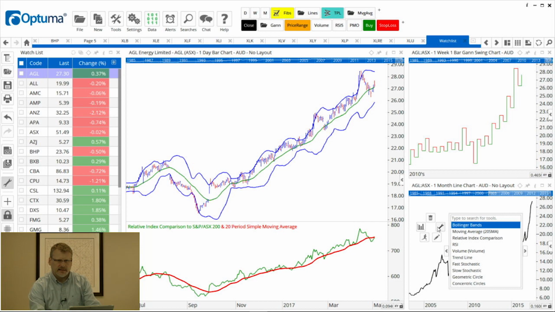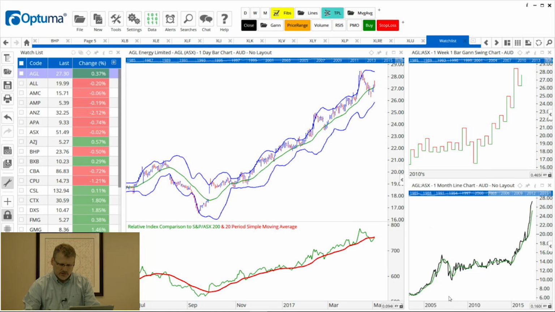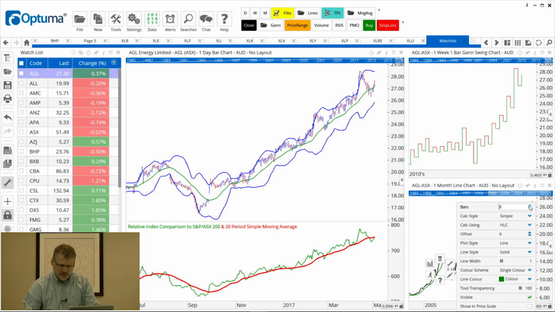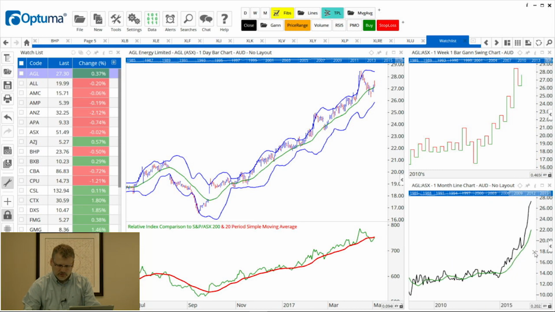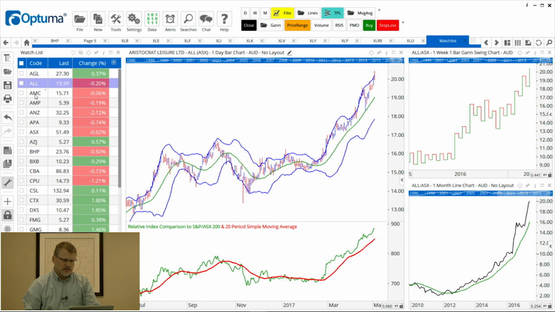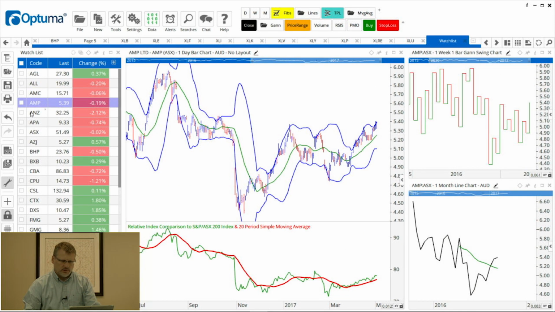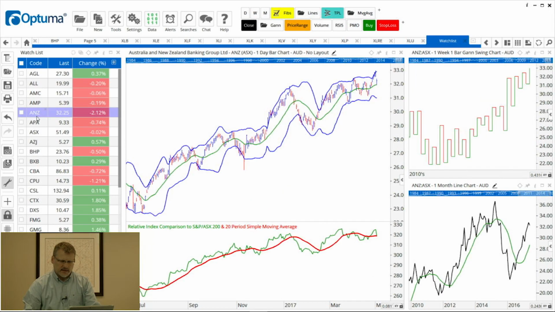So I'm going to right click in the bottom right chart there, select moving average from my right click menu, and then change it. I'm just going to change it to 12. So that's kind of like an annual moving average on the monthly chart. And as I scroll down the watch list, or arrow down with my keyboard, all those charts get updated as we go. And again, we can save this as another page layout.